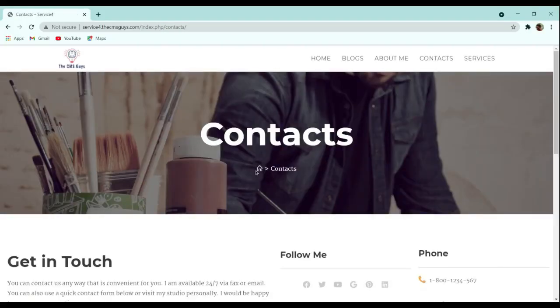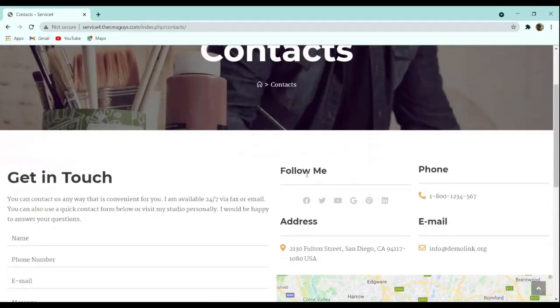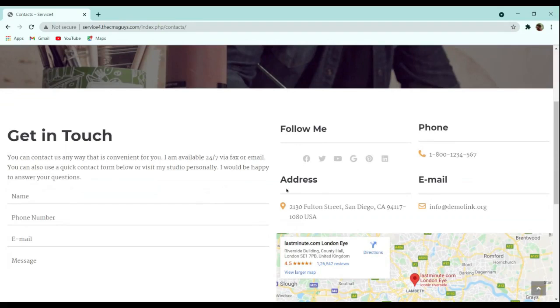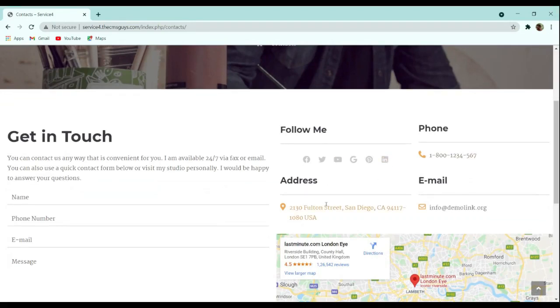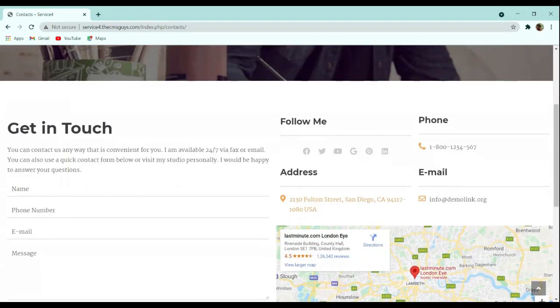Now in this contact us page you can see we have this form for any business-related queries, social media links and a map location for our business. Now that you have seen what our target website will look like, let's dive into creating it.